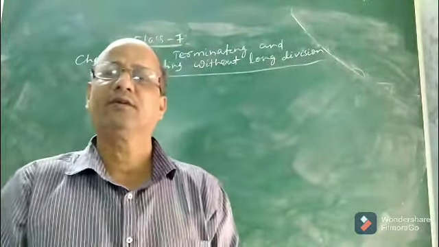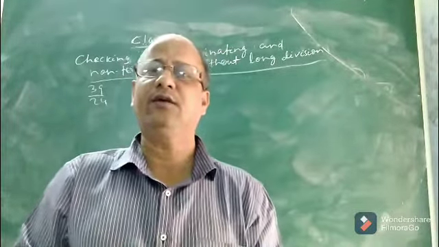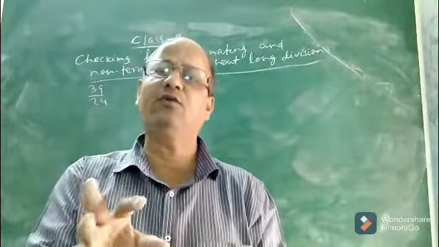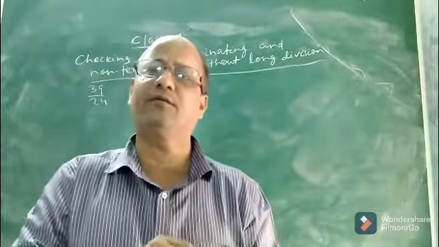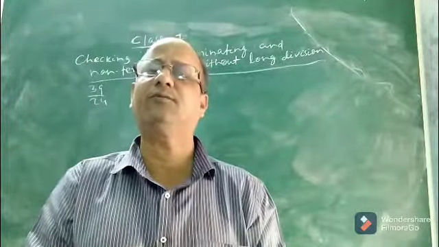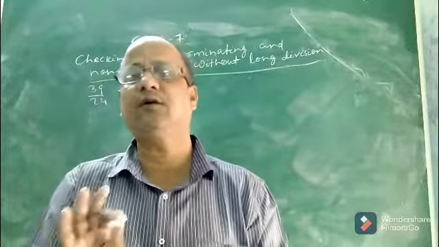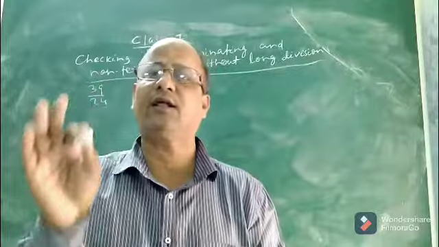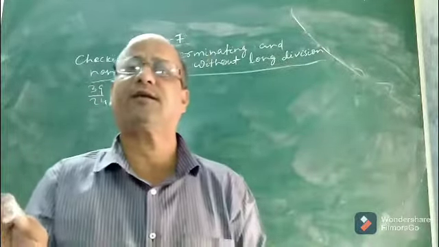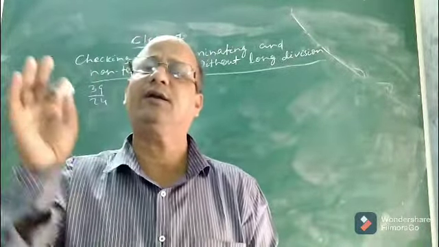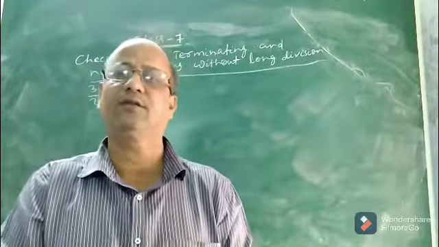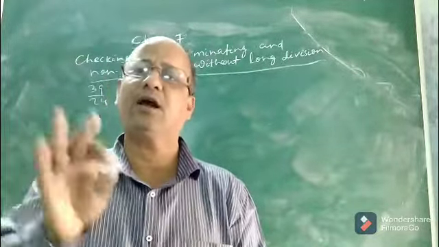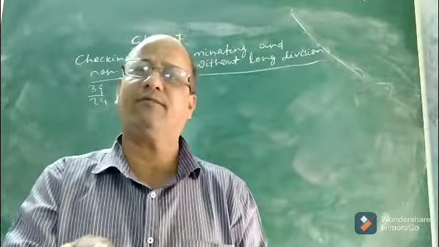Okay, children, try to understand what I want to say. When a rational number is given to you, you can easily know whether it is terminating or non-terminating. To know that, which process will you follow? You will follow long division. It is the best method to know whether a rational number has a terminating decimal expansion or a non-terminating repeating decimal expansion, because both terminating as well as non-terminating repeating decimals are rational numbers. How, I have already discussed.